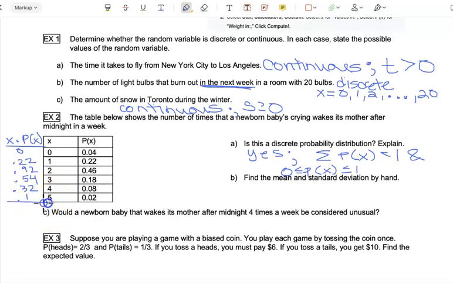So to find the mean, I would need to add all of those up. So finding the sum, so 0 plus 0.22 plus 0.92, so on and so forth. I'm going to double check myself here because we don't want to have any typos. So I've got 0.1 plus 0.32 plus 0.54 plus 0.92 plus 0.22, which gives us